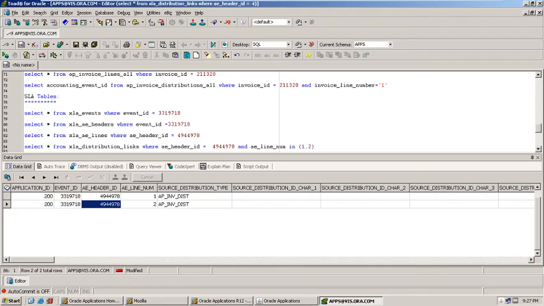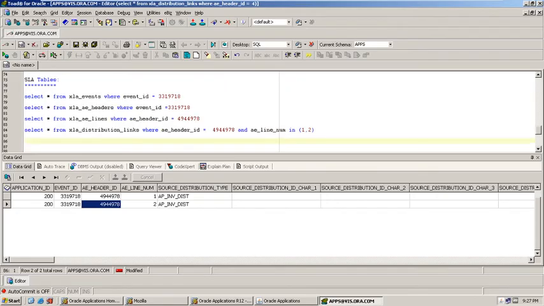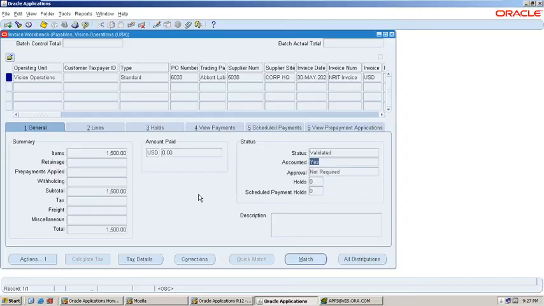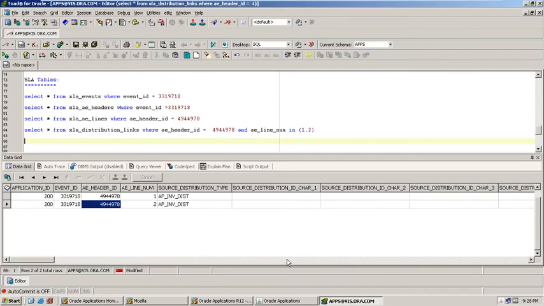There is a link between general ledger and SLA tables, because we have selected final posting. That means the journal has been created successfully, and also the journals are posted, meaning the data is available in GL module tables as well.